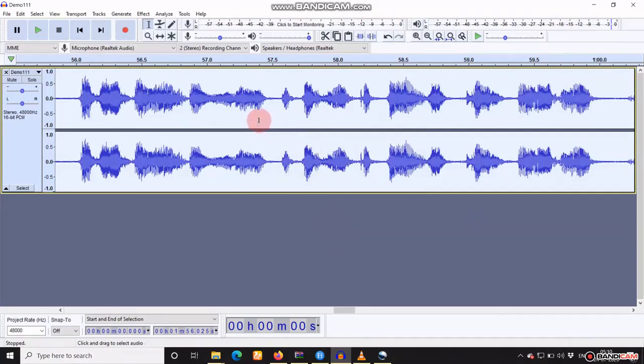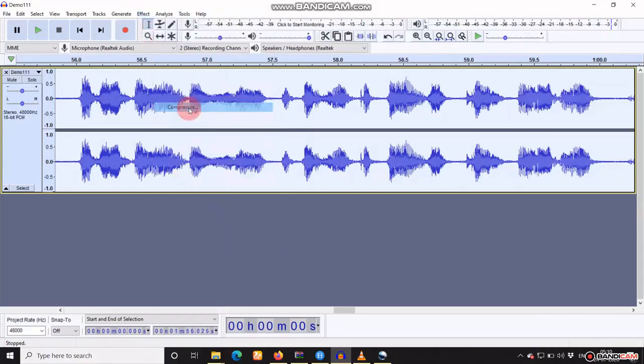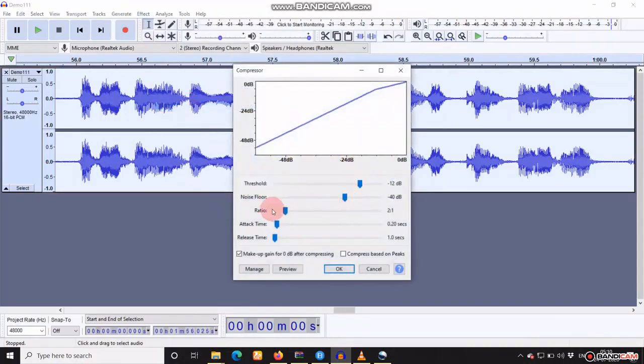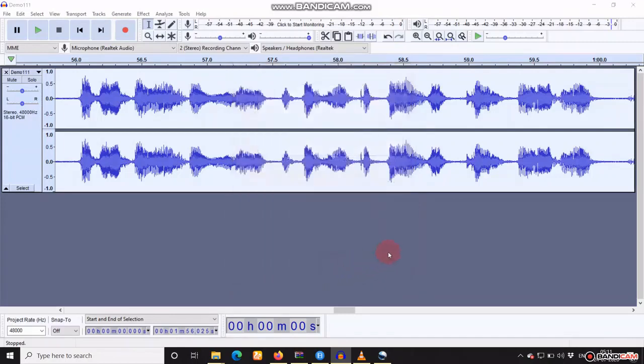We will do compression now. For the same, you need to go to Effect again and click on Compression. A window will pop up. Keep the default settings as they are, click on the Preview button and then OK.